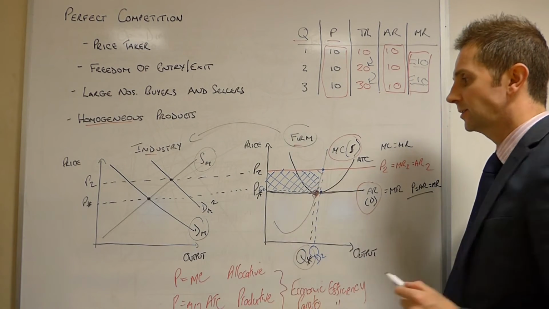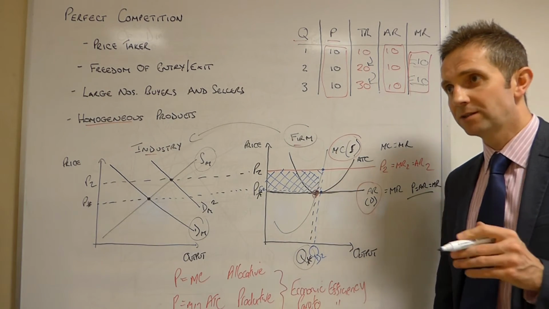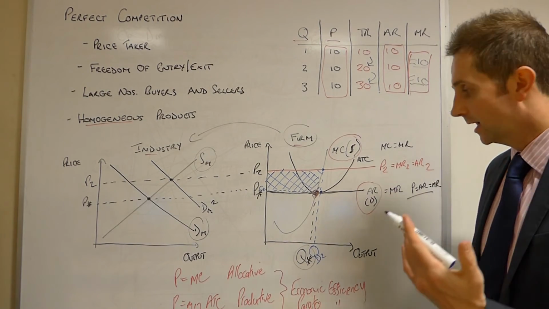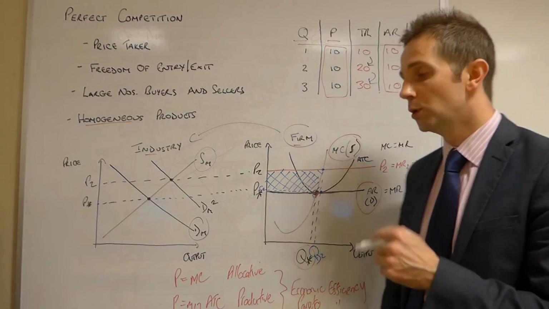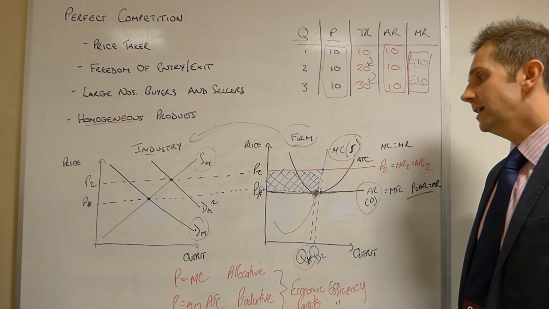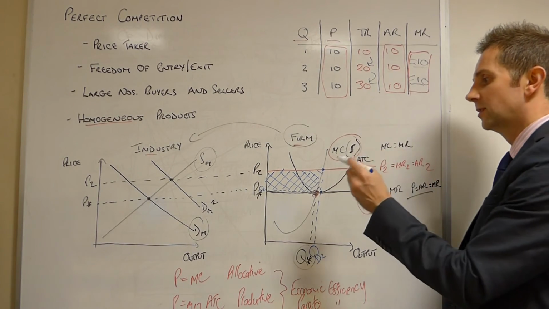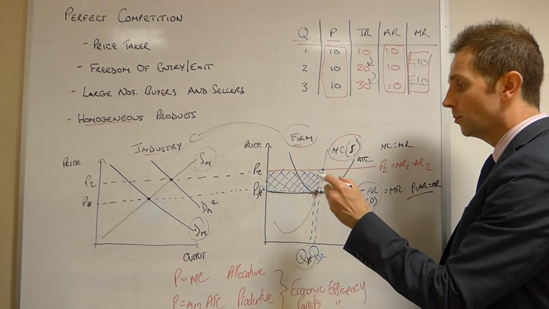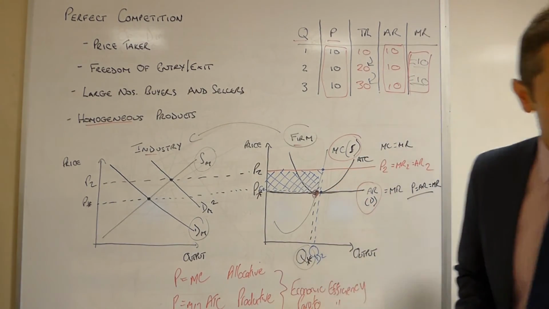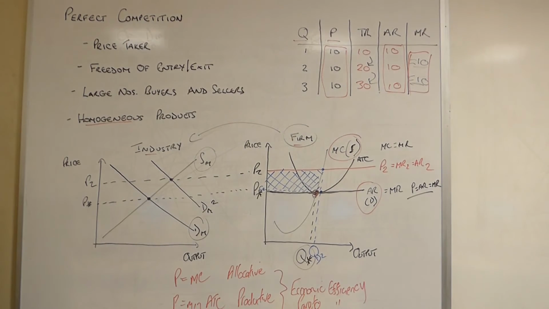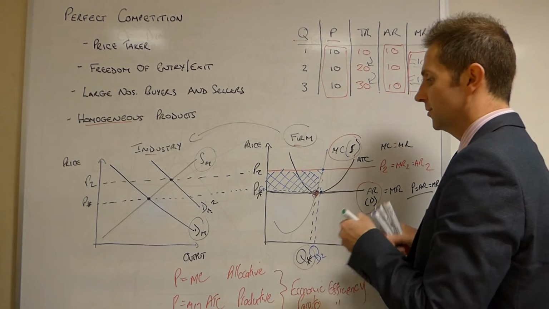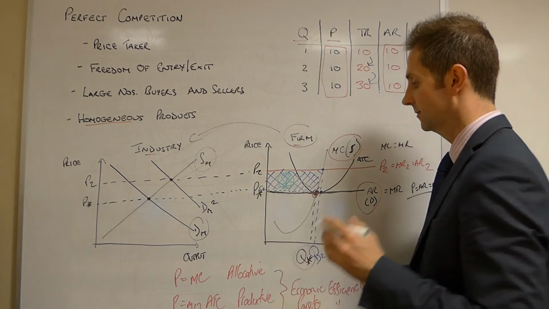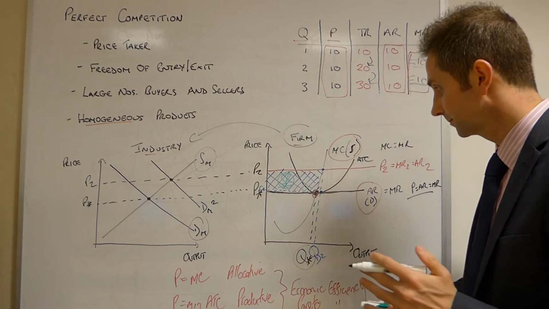So this, in fact, for the perfectly competitive firm is abnormal profit, in the same way as the monopolist would make abnormal profit. But the key difference here is that the monopolist would make this and can make this in the long run. In perfect competition, this scenario will only last for the short run, for a very short period of time, the SR. This will only last for the short run.